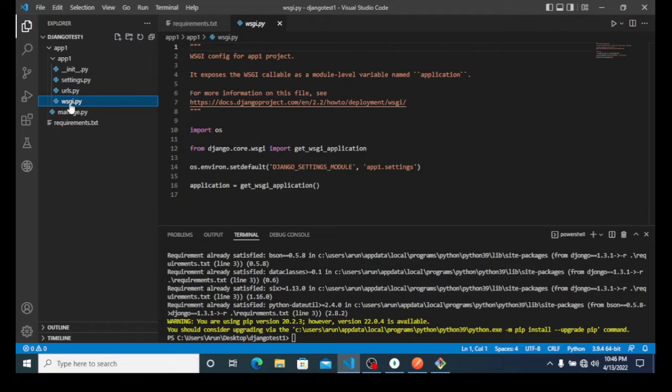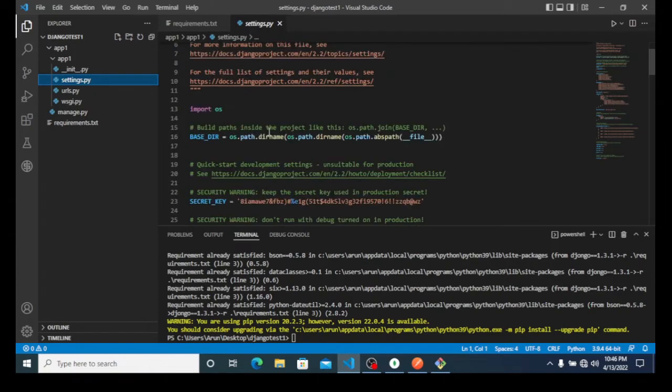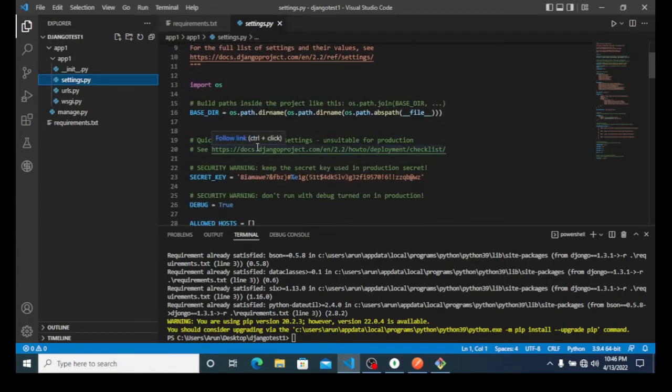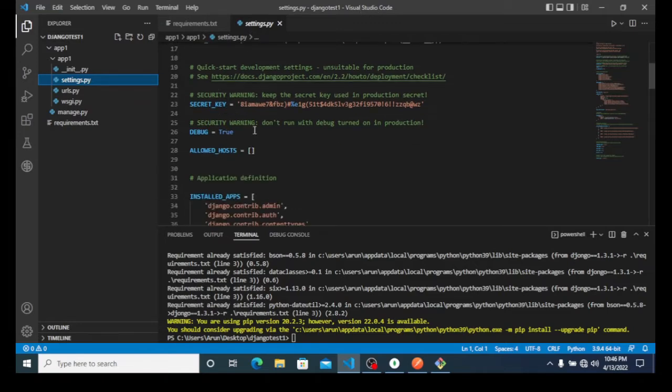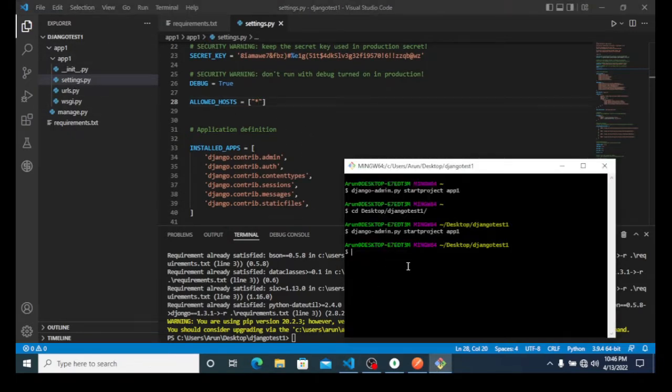So first let us edit the settings.py file, which will be the main file for our project. The first thing we are going to check will be allowed hosts. Let us allow all the hosts now. Before continuing, let us create our app, because the app holds the main functionality for us to get started. The command to create our app will be